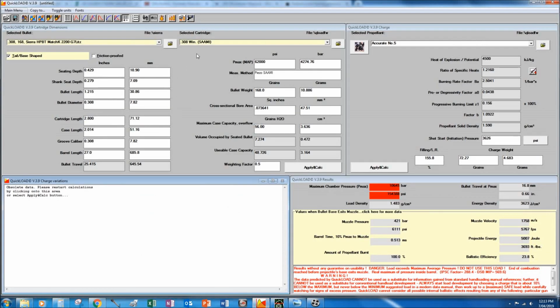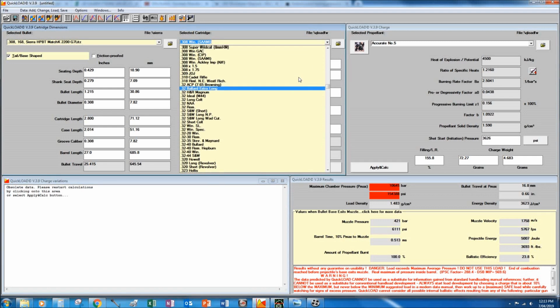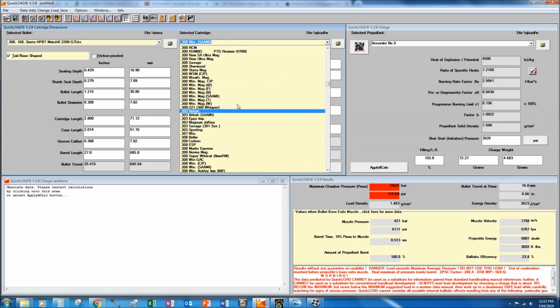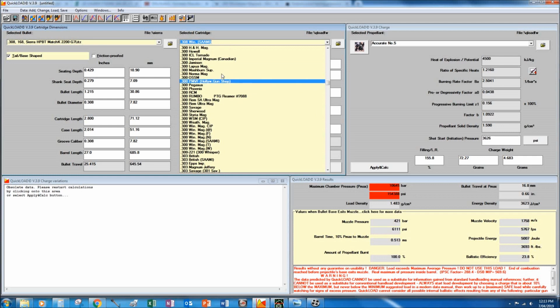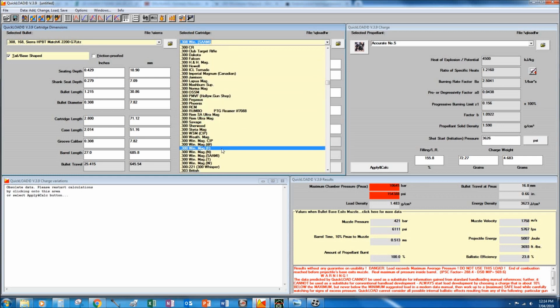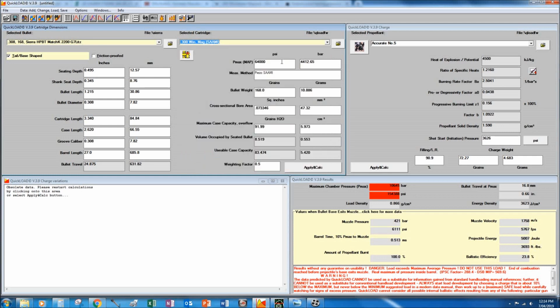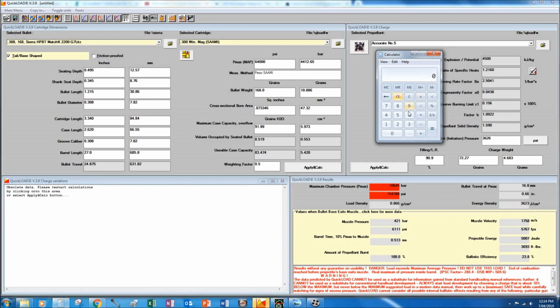That's a 308, my apologies. We're going to actually go to the right cartridge here. There you go, 64,000. My mistake on that one. So 64,000 minus 2,500 is 61,500 PSI. So now that we've got the case that we want, 300 Win Mag, and the projectile that we want to use,